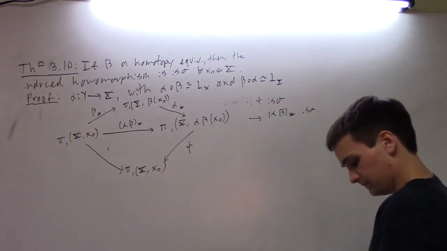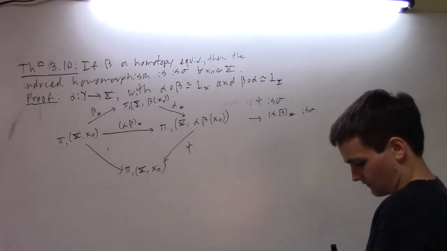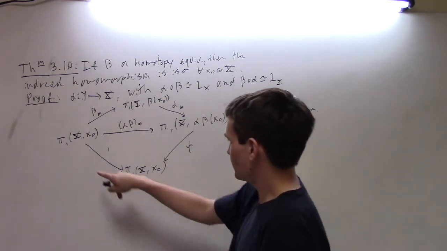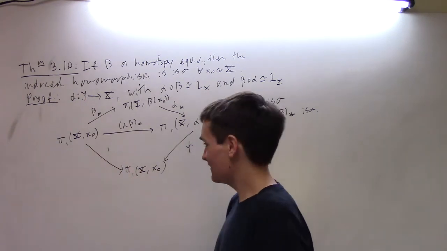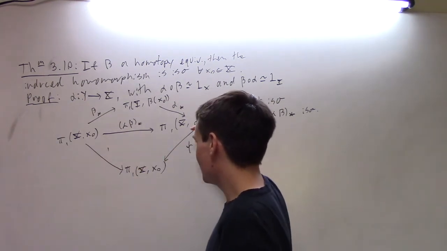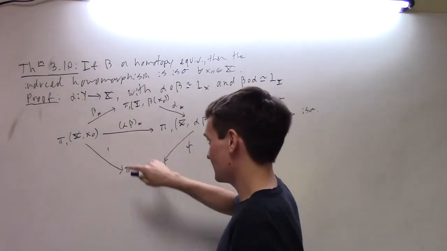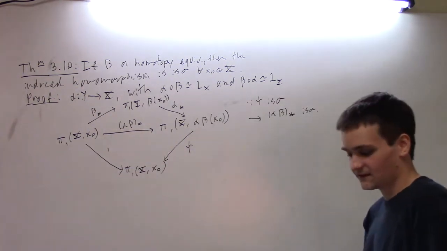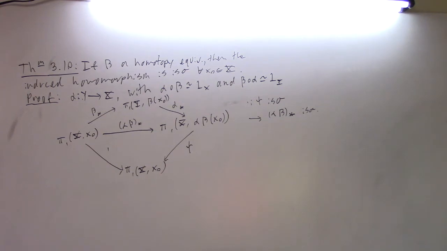It's an isomorphism. And why is that? Well, one's an isomorphism. That's nice. This is an isomorphism. It's invertible. So the composition of these two is an isomorphism. The next part they don't really provide detail on, but one way of looking at it is